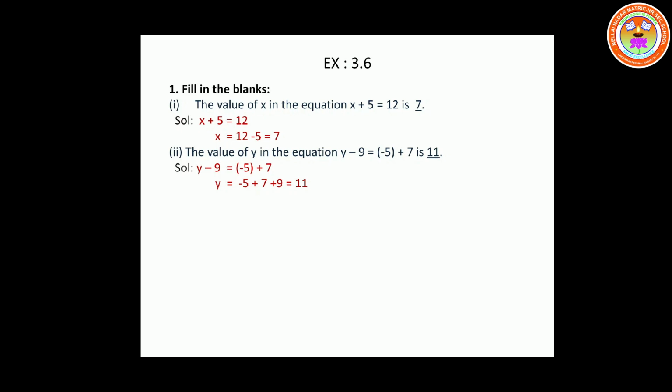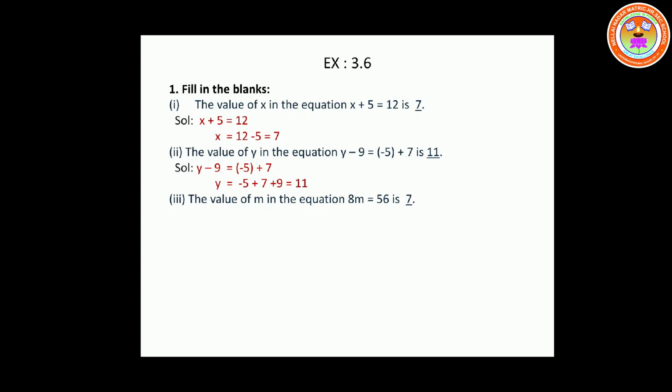First I'm going to take two like terms. So plus 7 and plus 9, when I add, what is the answer? It is 16. Yes, 16. Plus 16 minus 5 we have. So plus 16 minus 5, I have to subtract the numbers. What is the answer? It is plus 11. Yes. So the answer is 11. Now third sum. The value of m in the equation 8m is equal to 56 is 7.